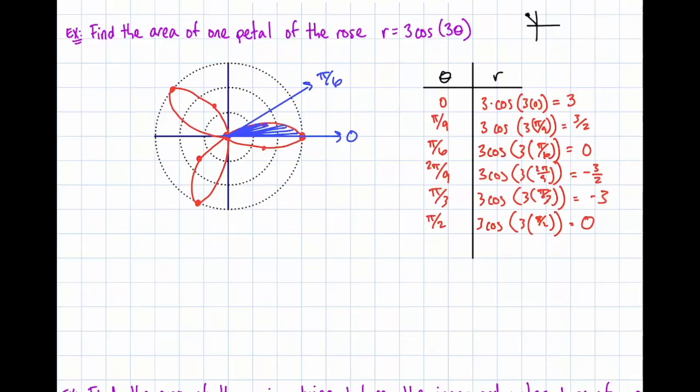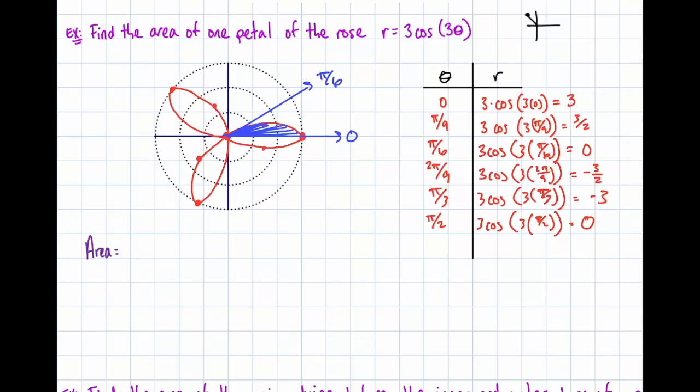Symmetry happens a lot in these polar curves. We saw it here with the r values, but it happens all the time. So I can use the fact that this is the top half of my petal and this is the bottom half, but I could just take this thing and double it. Let's do it. I could take this thing and say that my area